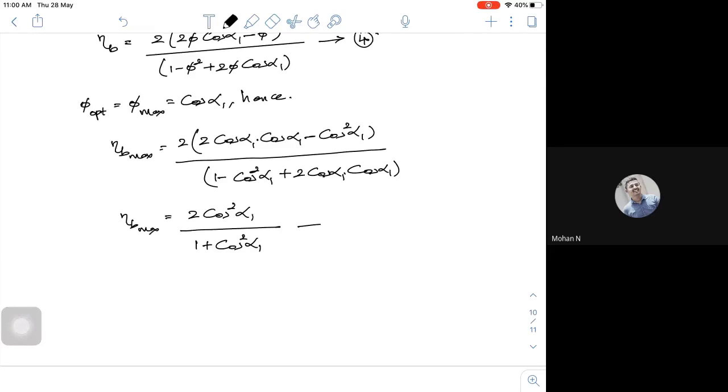This is your maximum blade efficiency. So they may ask this expression: show that for a Parson's turbine, the maximum blade efficiency is equal to, in terms of your flow angle, 2 cos square alpha 1 divided by 1 plus cos square alpha 1. This is about expressions for